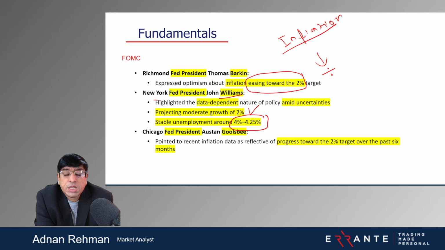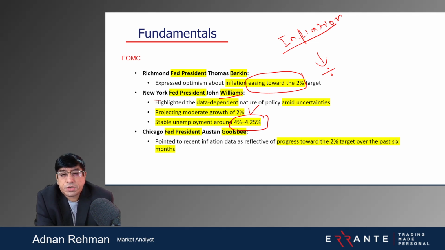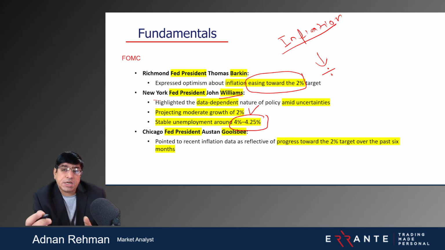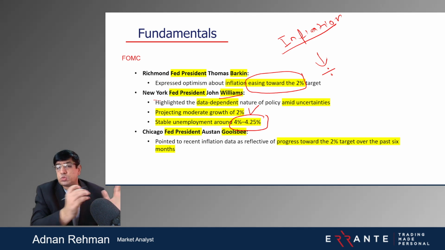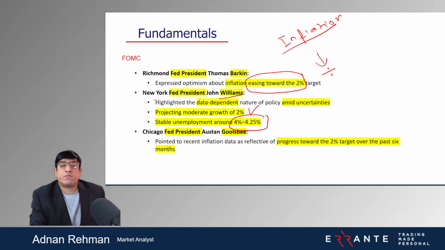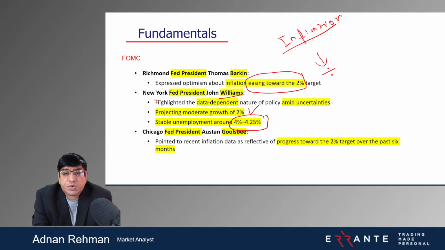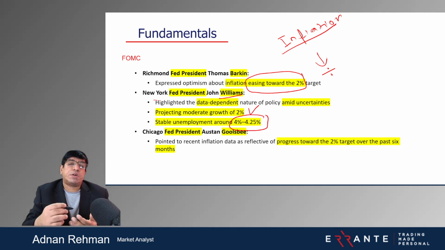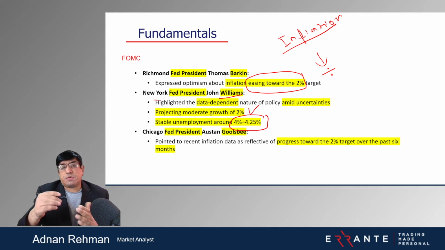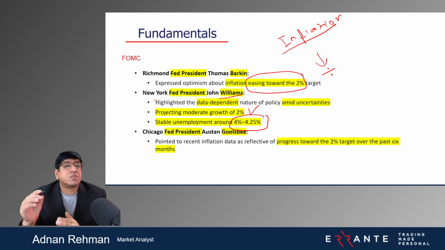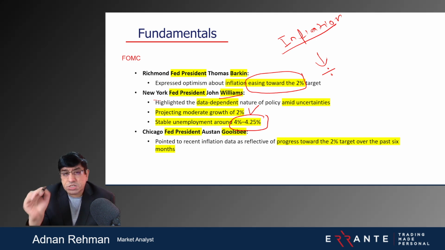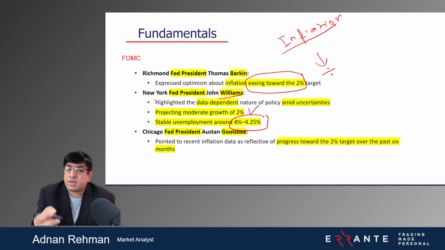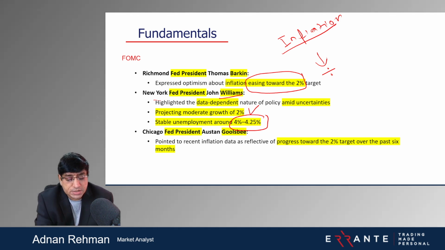Now you might be wondering, sir, why is 4 and 4.25% okay in the green line? I'll explain why. If you go to the previous historical analysis of this jobs data in terms of unemployment rate, you can see that the recession always occurred when the unemployment rate crossed the 5.5% or 6% threshold. So this was the historical analysis. Right now what we can see is that it's at 4.25. So we can give it a plus sign over here as well.